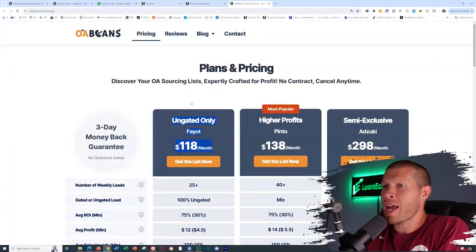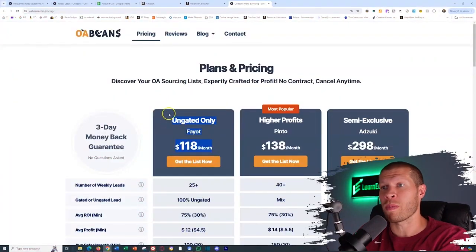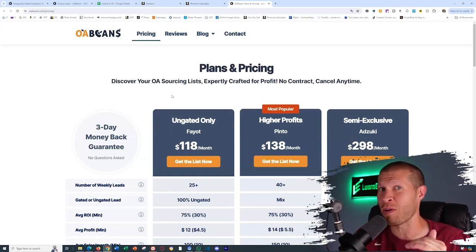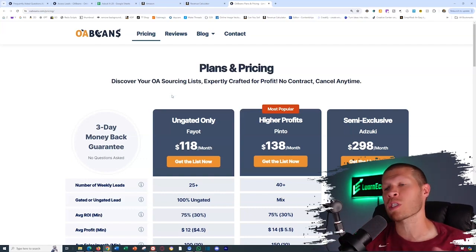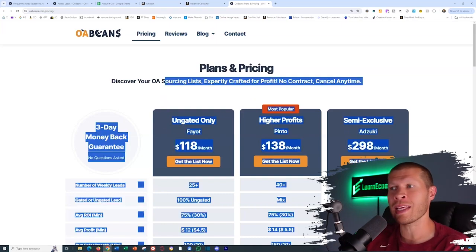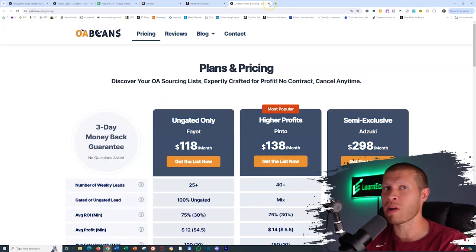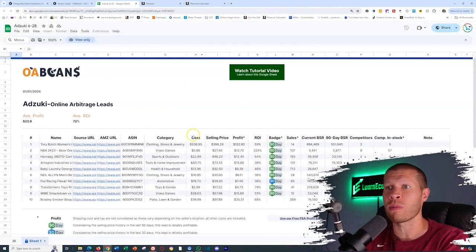So you need to factor in the time that you would take to actually go through those lists yourself, which can end up being a lot of time very quickly, okay? So factor in the time. On top of that, if you're somebody like me who uses a virtual assistant to do it for you, then you're paying that VA to do it for you anyway, which accounts for more money on top of that. And realistically, I would say that while a software monthly might be cheaper, if you're valuing your time at anywhere over like 25 cents an hour, or if you're paying a VA to do it for you, you are spending a lot more per month than any one of these specific plans, right? So believe it or not, these are actually cheaper, assuming the leads are good,